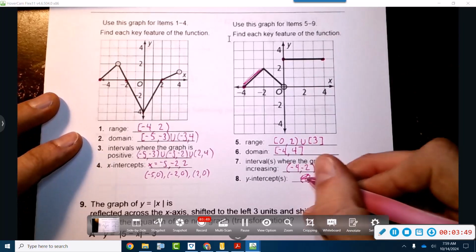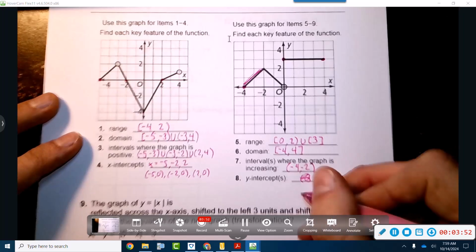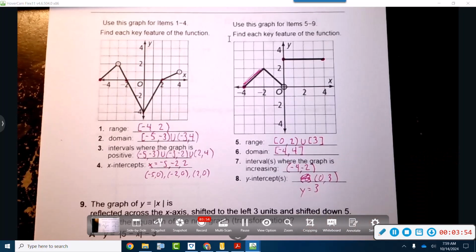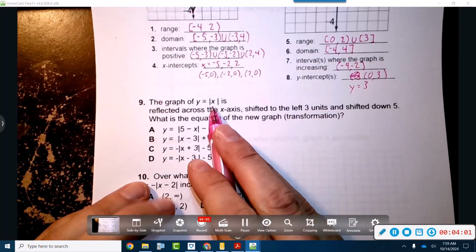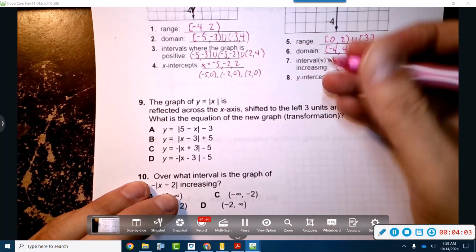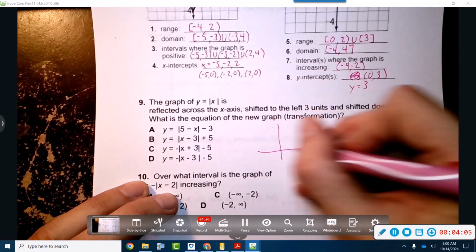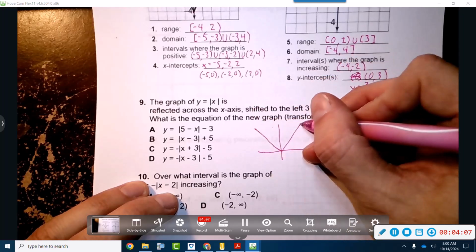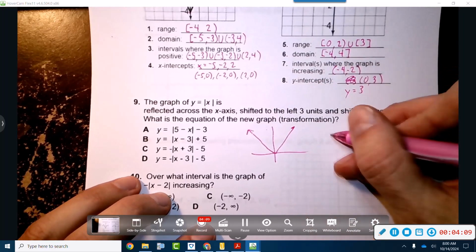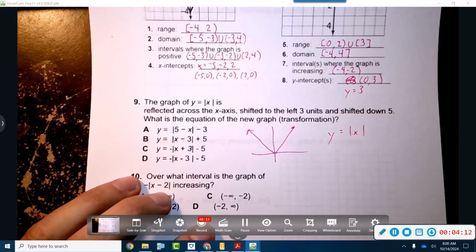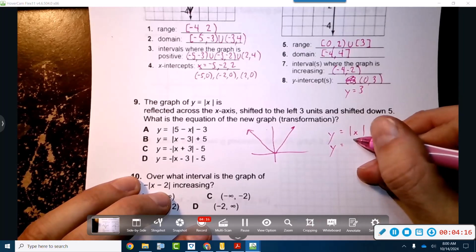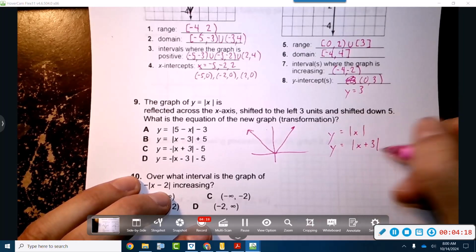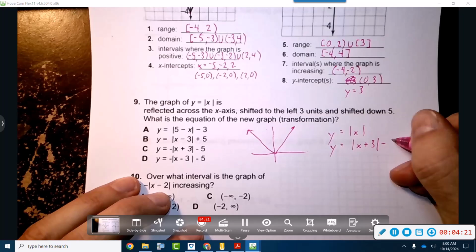It's (0, 3). Or if you just put y equals 3, that would be totally fine. Okay. All right. Here, the graph of the parent function, absolute value. Okay, so it looks like this. If it shifted to the left 3 units, and shifted down 5,